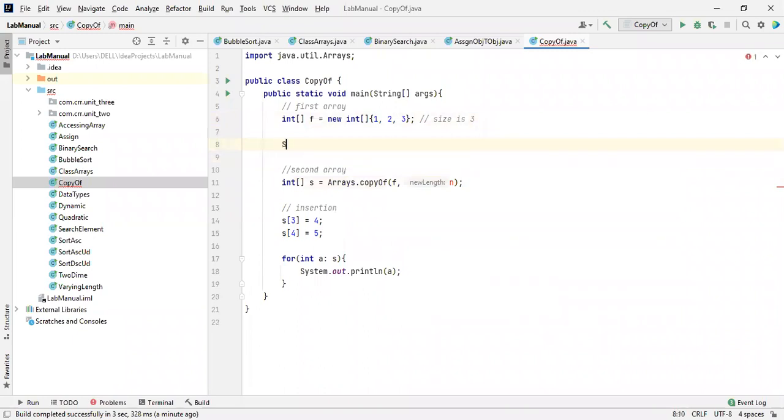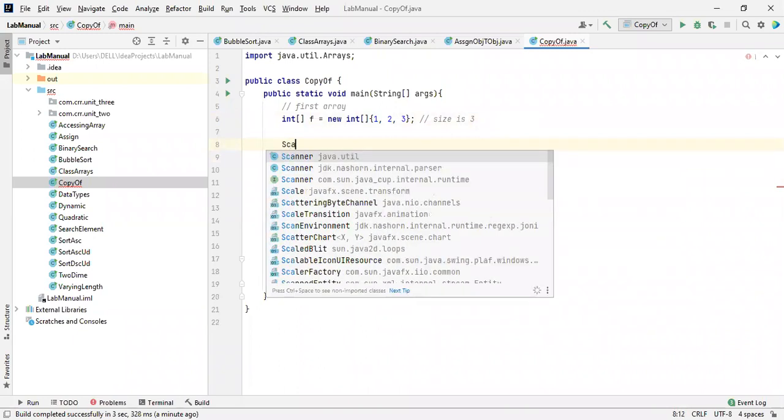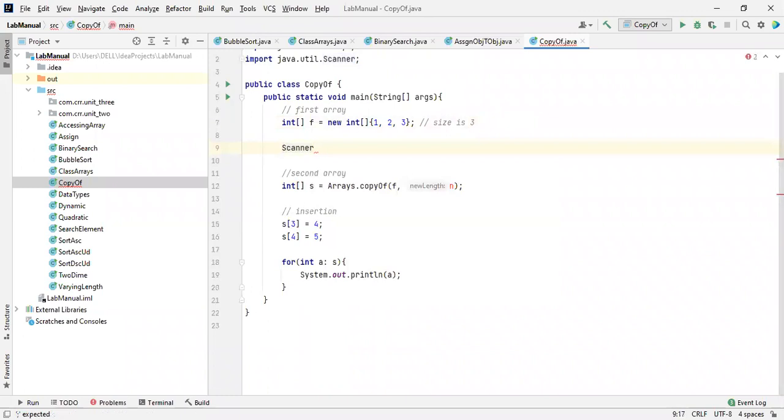Like see this, the Scanner, which is used for inputs. I is equal to new Scanner of System.in, which is for the user inputs. So now I can dynamically set the value of it.